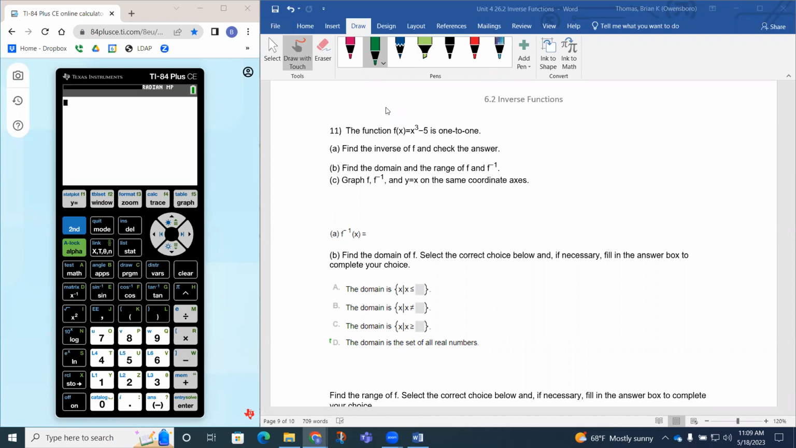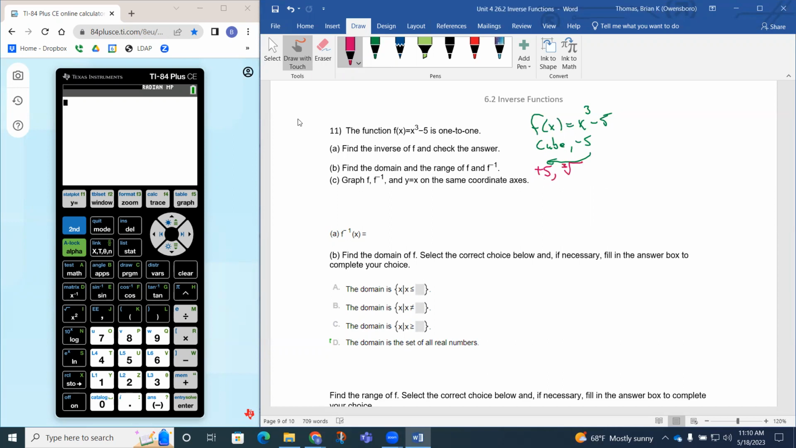So the function we have, f of x equals x cubed minus 5, is one-to-one. We want to find its inverse and check the answer. So again, if I look at f of x equals x cubed minus 5, the first thing we're seeing is cube. The second thing we're seeing is subtract 5. So if I reverse that, I need to add 5 and then cube root the